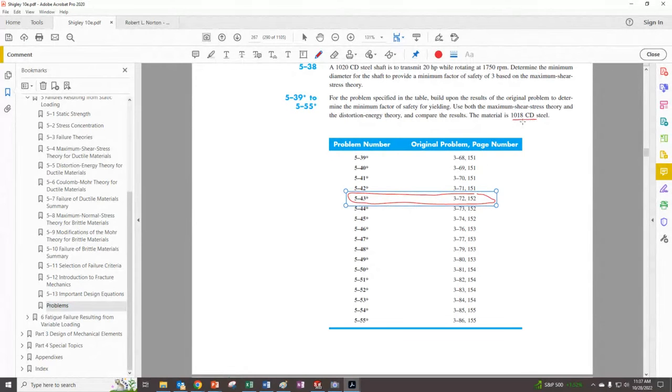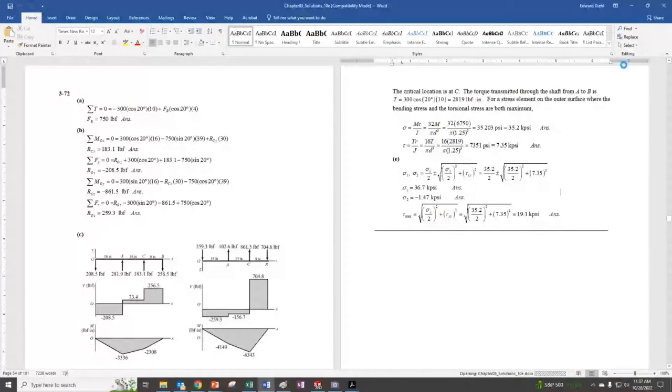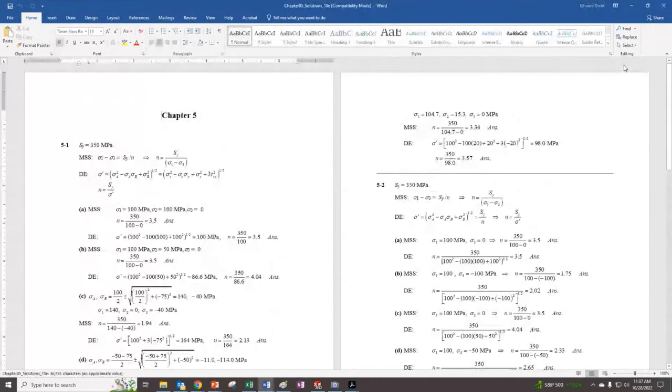When they say use 1018 steel instead, so we want to use both the maximum shear stress theory and the distortion energy theory, and then compare the results. So this is chapter 5, and they don't bother to re-solve things. So problem 5-43 out of the book, and as you watch my Word document come back from there,